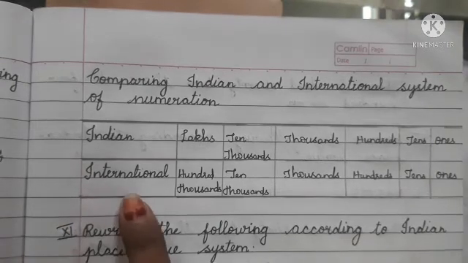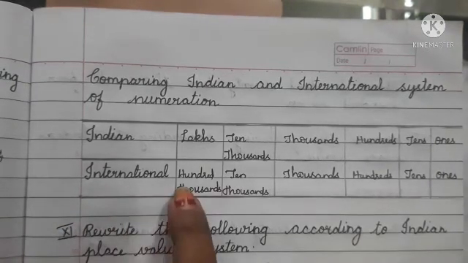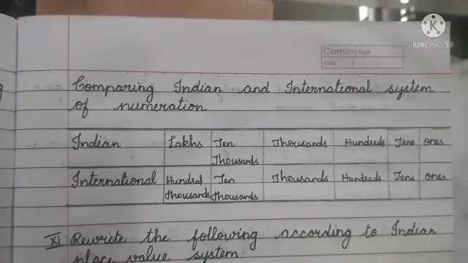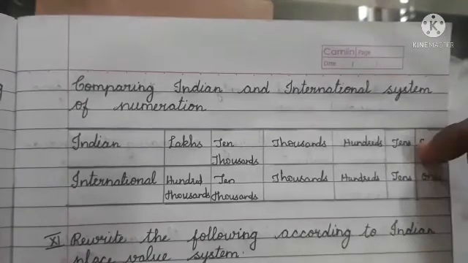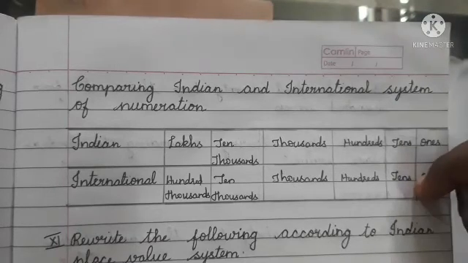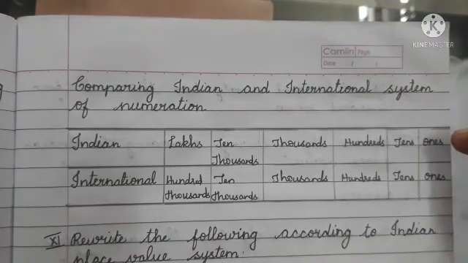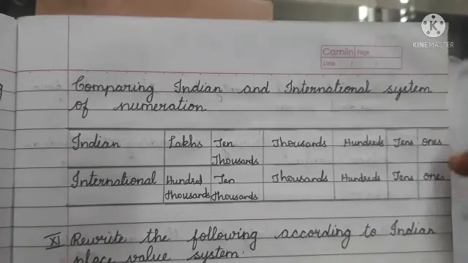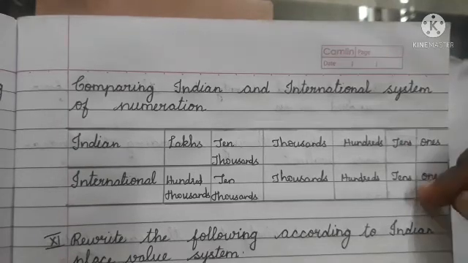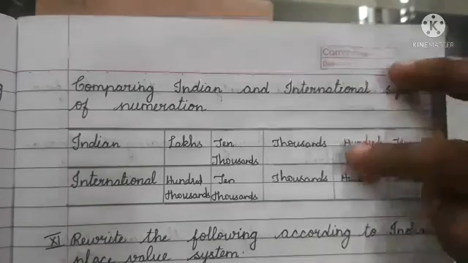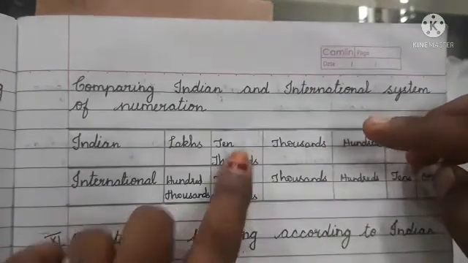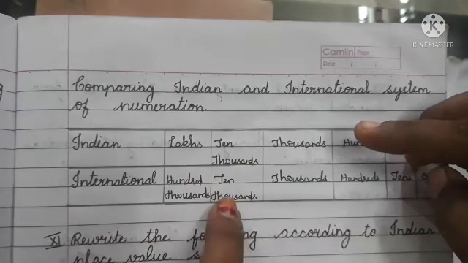We know how to write the place value chart for the Indian system as well as the international system, isn't it, ma? Today we can compare, okay? This is the Indian system, and the first one above is the Indian system of numeration and the second one is the international system of numeration. Here the ones period is the same for both. Ones means ones place. Tens also same. 100, then 1000, here also 1000. In the Indian system 10,000 means here also in the international system 10,000.